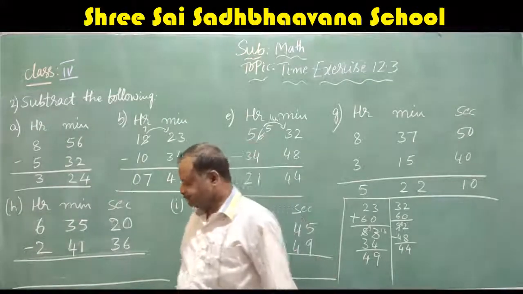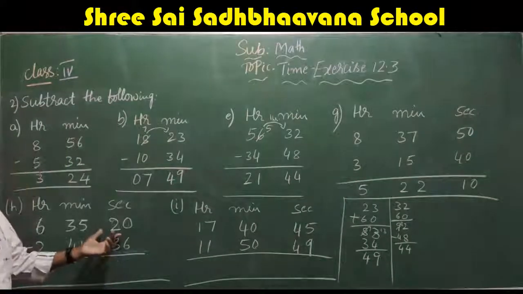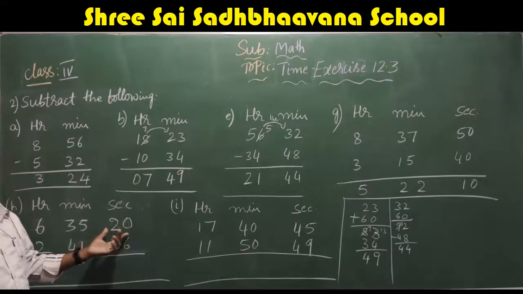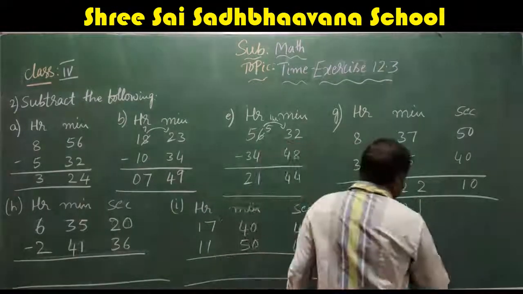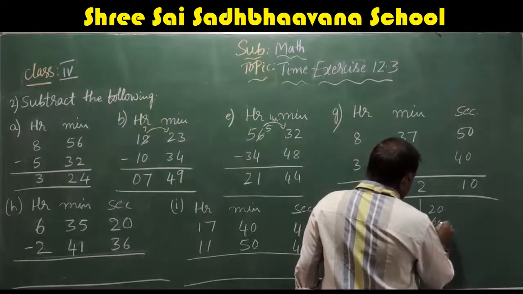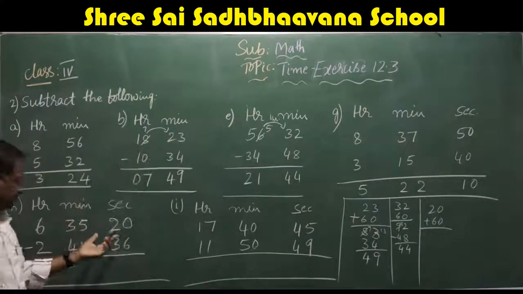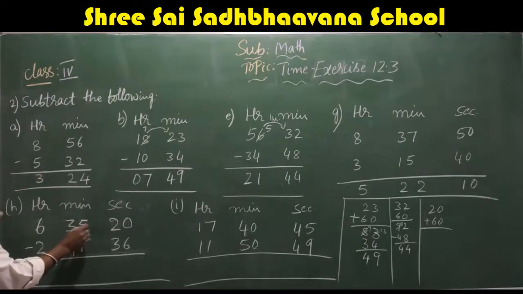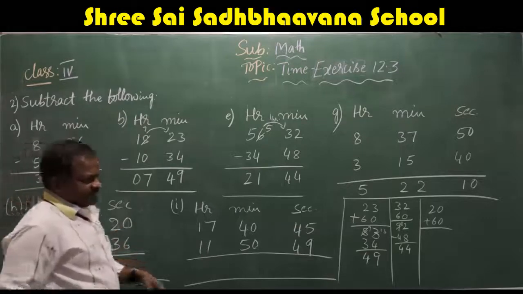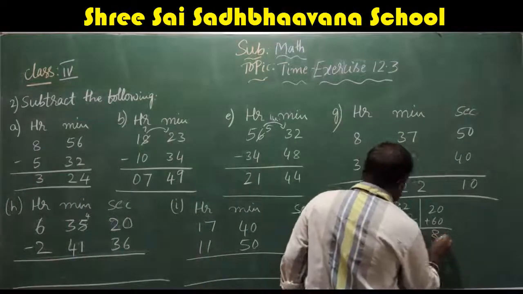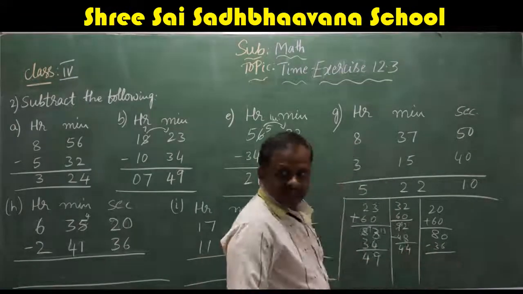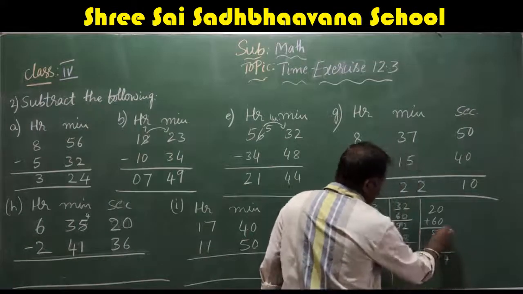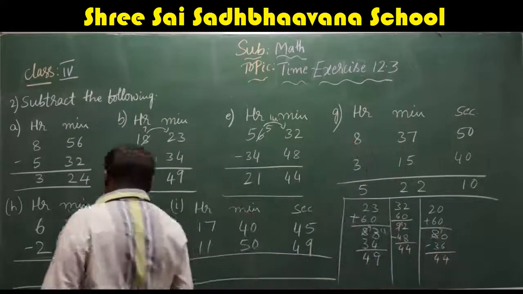Next come to the next problem. Here also, 36 minus 20. You have to subtract 36 from 20. So we will do here 20, take 1, 60. Here it is seconds, that means you have to take it from the minutes. So this becomes 4. This becomes 60 plus 20, 80. 80 minus 36. 10 minus 6, 4. This becomes 7. 7 minus 3, 4. That is 44 seconds.